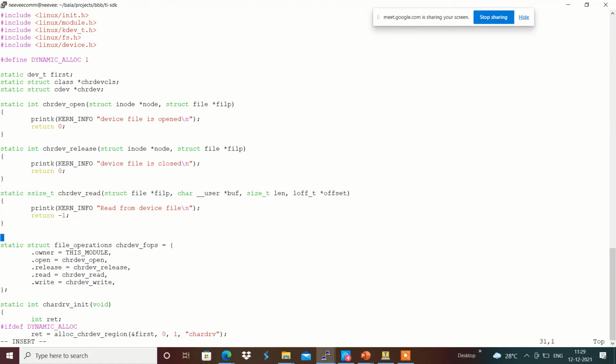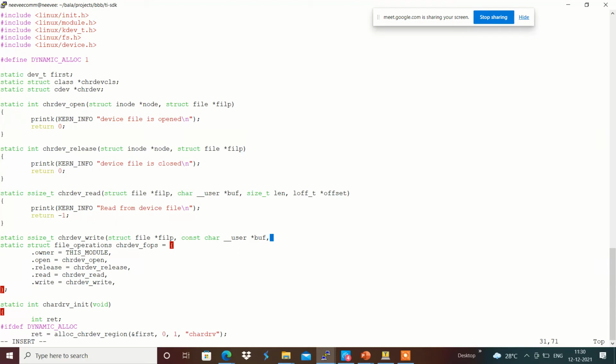And I am going to use static ssize_t character dev underscore write, which takes a struct file star file pointer and a const char __user pointer. Whatever the application is sending is a user space pointer that will be used in the kernel space. How we can use that in the kernel space, we will see later.